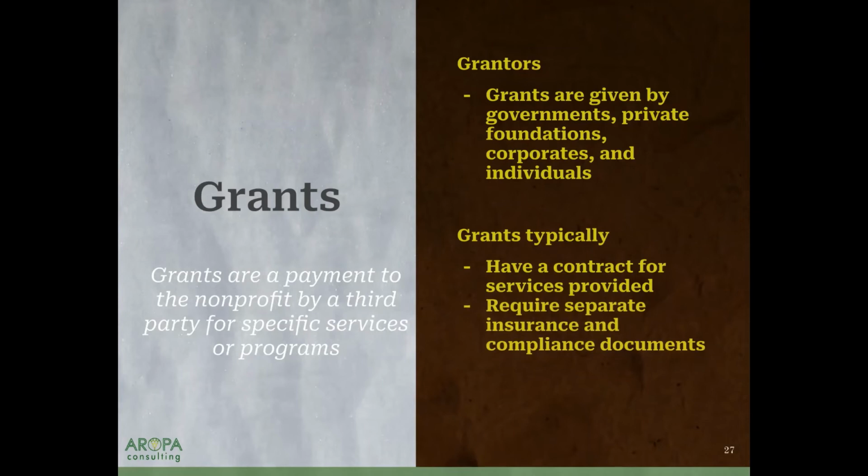Generally, grants require insurance and other compliance documents. So maybe the federal government is big on this. They often require an audit. Even if you don't hit the audit threshold of your state, which in Connecticut is $500,000 in revenue, you could get a grant, and even if you earn less than $500,000 in revenue, they still would require an independent audit. They also oftentimes have large insurance requirements. So again, these are things to think through. If you're going for a grant, what are their requirements, and does that make sense for your organization, right?